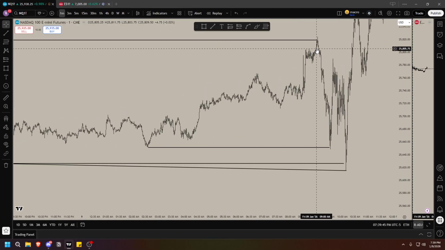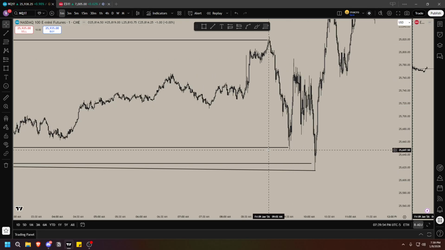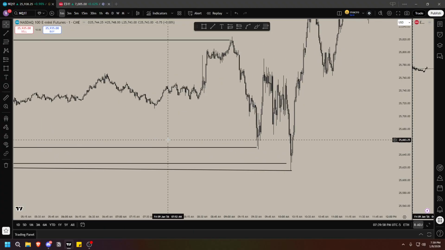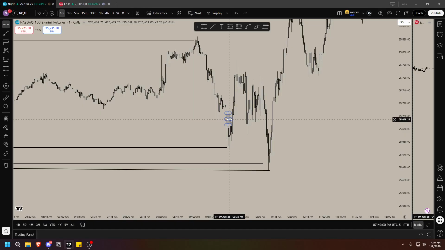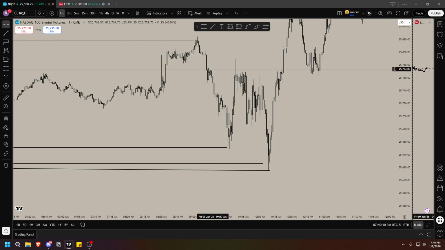Why? From 9 a.m. to 9:30, we've just been dumping. Price needs to rebalance somewhere in the range, somewhere higher or even in the CE of the range, before continuing selling off. You have manipulation, you have turtle soup at London lows. You have SIBI respect, but you don't have any displacement lower. So price continuing lower doesn't make sense. The only logical thing price needs to do right now is continue higher to internally manipulate before selling off again.